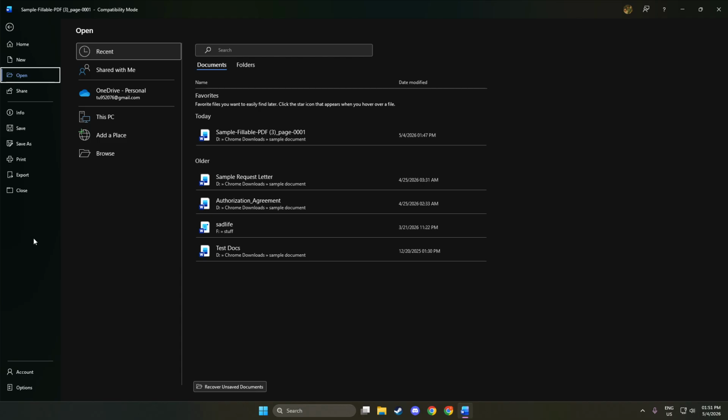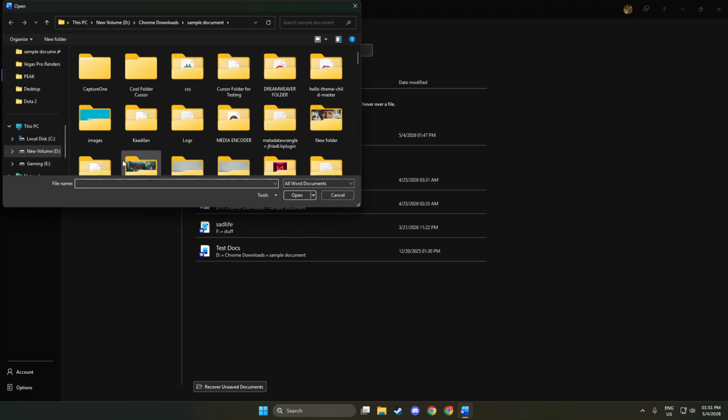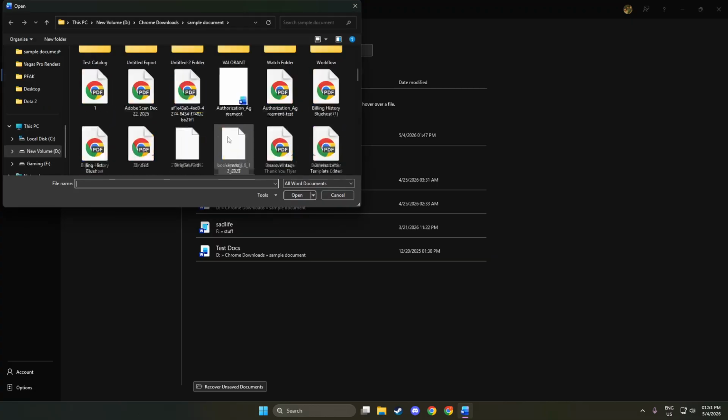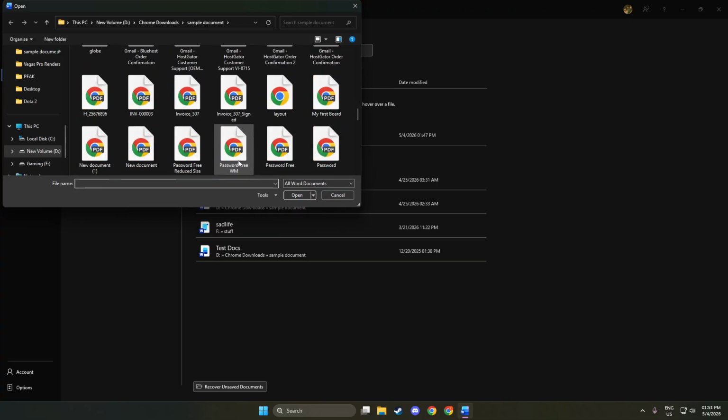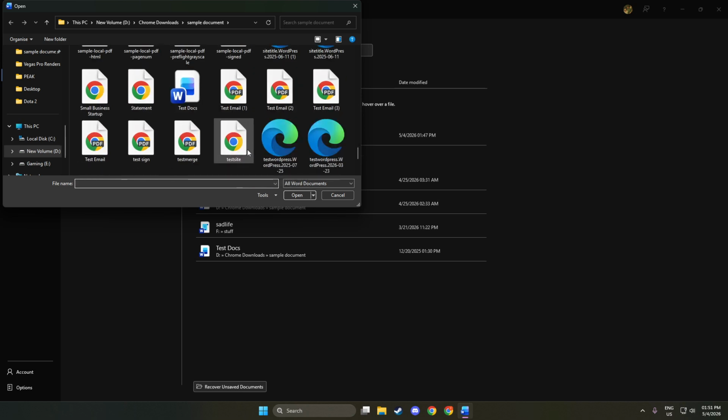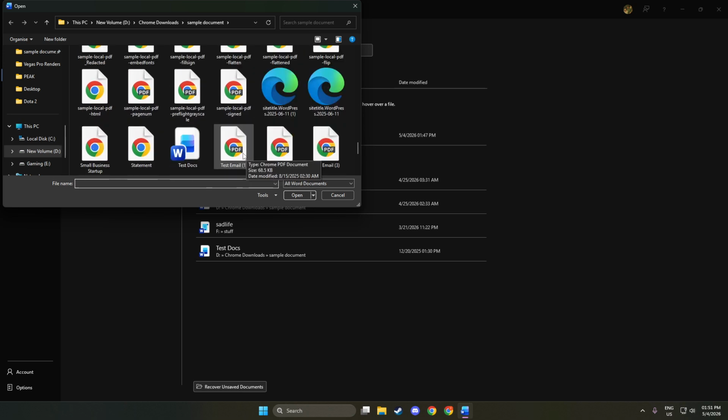Find and click the file that's displaying garbled text, but don't open it yet. This is a key moment. Selecting the file highlights it so Word knows your target, but holding off on opening keeps you in control of how Word will process the document.